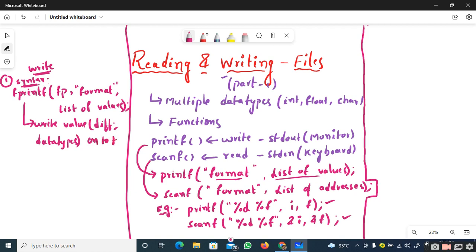Onto the file. So we are going to deal with the files, and the fprintf may or may not be successful. If the fprintf is successful, then it is going to return the number of characters which it has successfully copied into the file. And if it is unsuccessful, it will return the special value which is end of file.